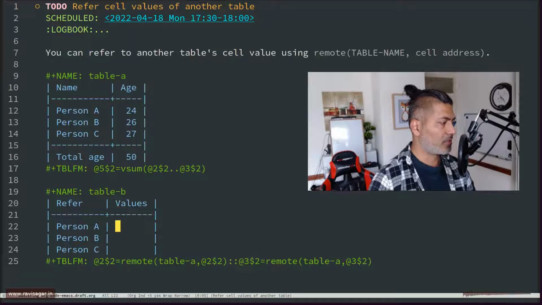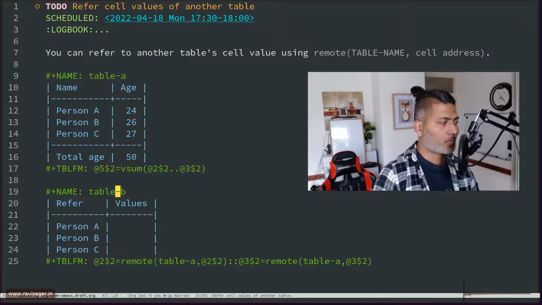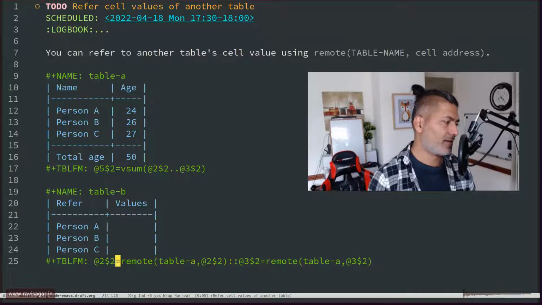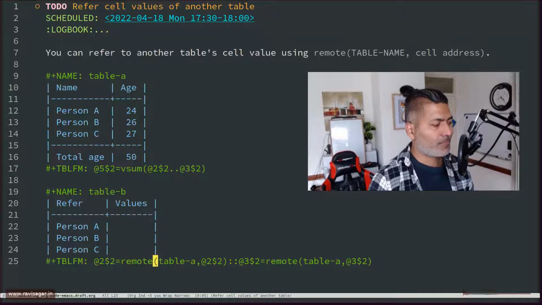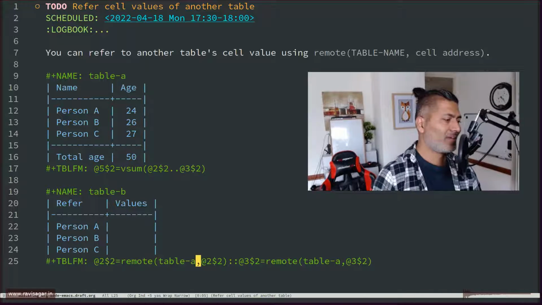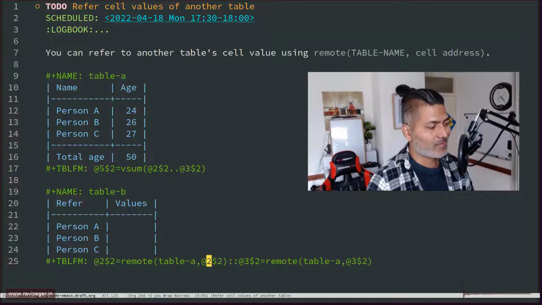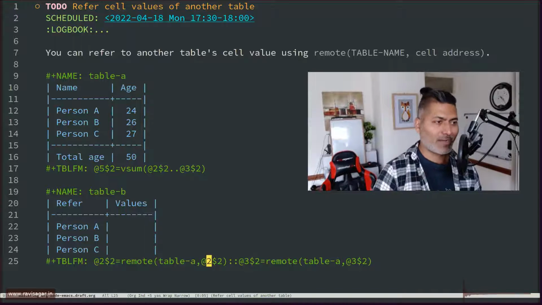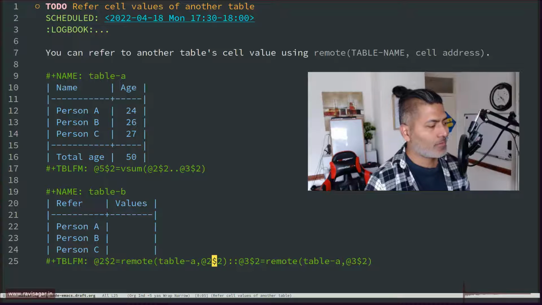You can do that by using this hash plus name colon table name, which in my case is table-a and table-b, and you have to use this function or method called remote, and of course it has two arguments. The first argument is nothing but table A, and the second argument is nothing but the cell value, or the row and column intersection. Similarly for my @3$2,